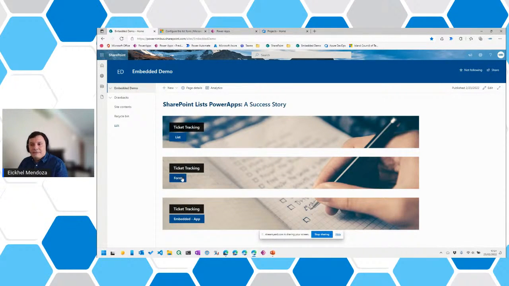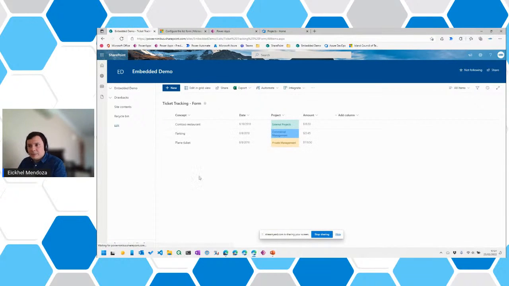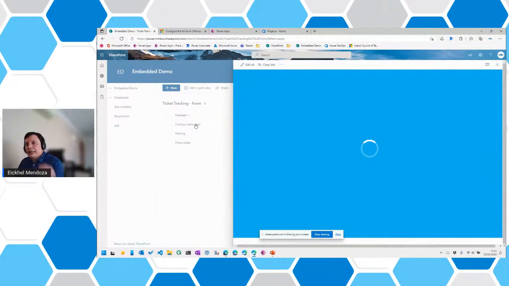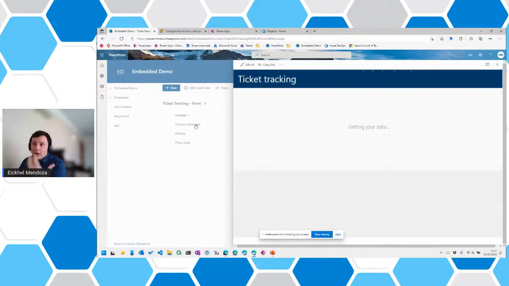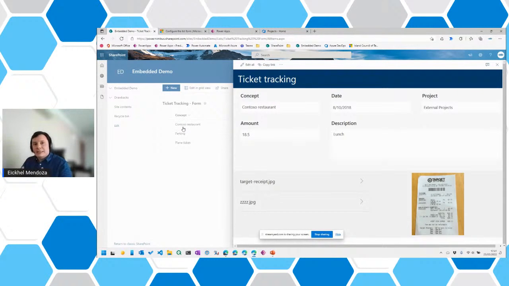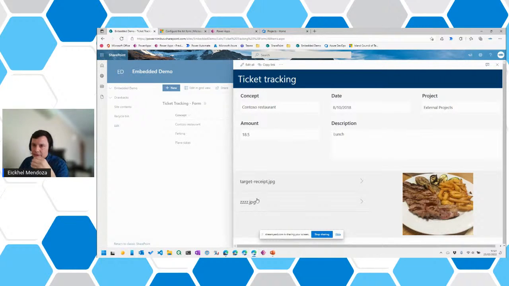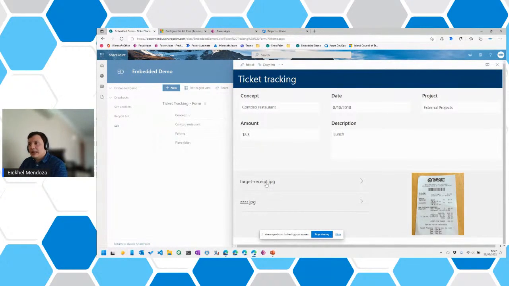If we see the same list, but this time using SharePoint List Power Apps, we can do something like this. As you can see here, it opens a Power App for you to handle the same data that you have here. But you can change all the user interface as you like, because we're using Canvas. We can put a header, a bigger header, a bigger font, more information here. All the attachments that you have on your ticket, you can see all this information in a